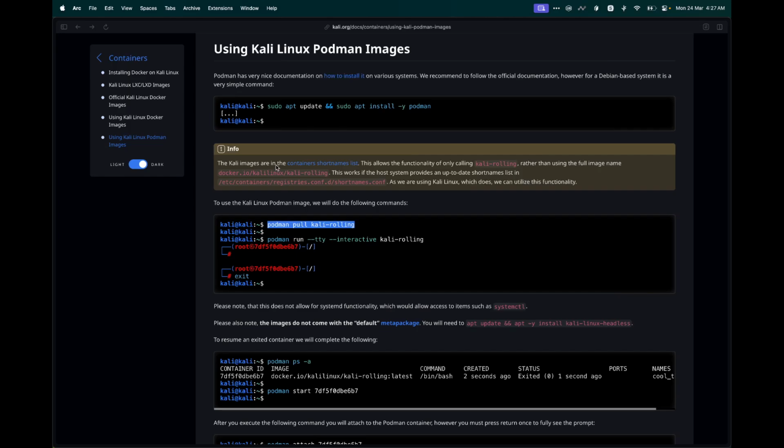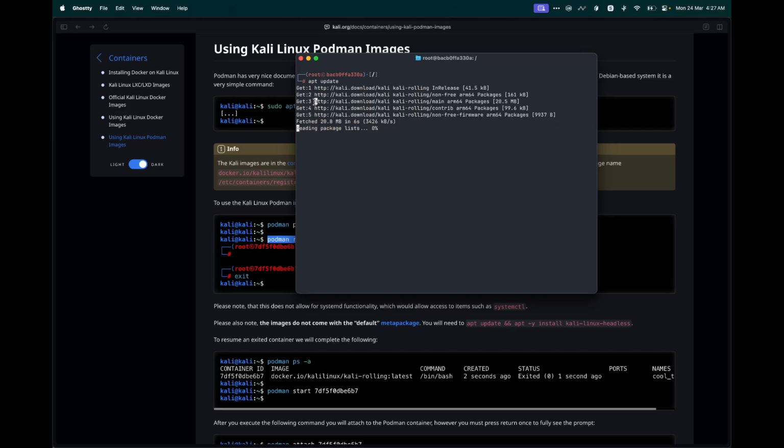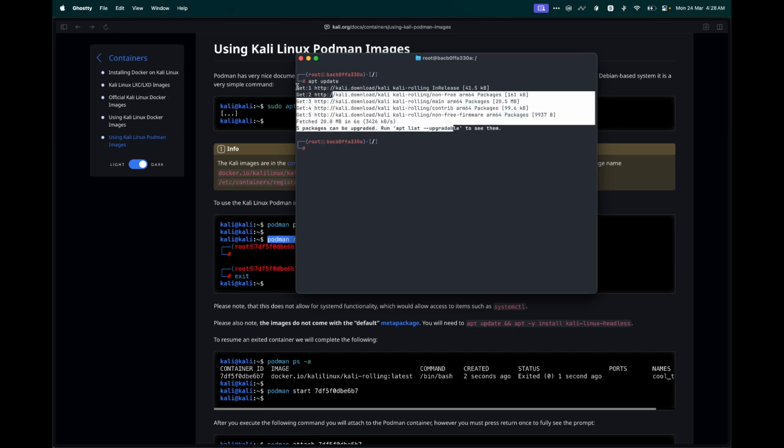Once this is done, we need to run the podman run command with the tty interactive session. So just copy this command and run this. Now you can see we are inside the Kali Linux container. The first thing that we need to do is run apt update, just to see which is the main mirror that is being used, as well as to update the repository list with the latest package list